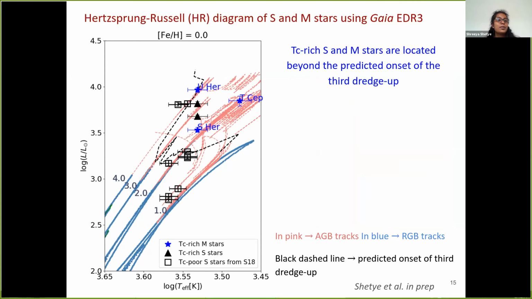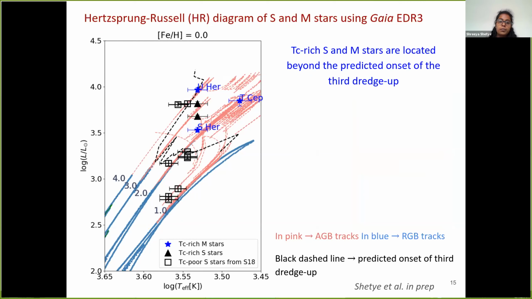But here I present to you an HR diagram using Gaia EDR3 of these S and M stars, the technetium-rich M stars and the S stars as well. What we see from the location of the technetium-rich M stars is that they are located beyond the predicted onset of the third dredge-up. So well and good. Again, it's consistent that they have technetium because they are really lying in this AGB zone